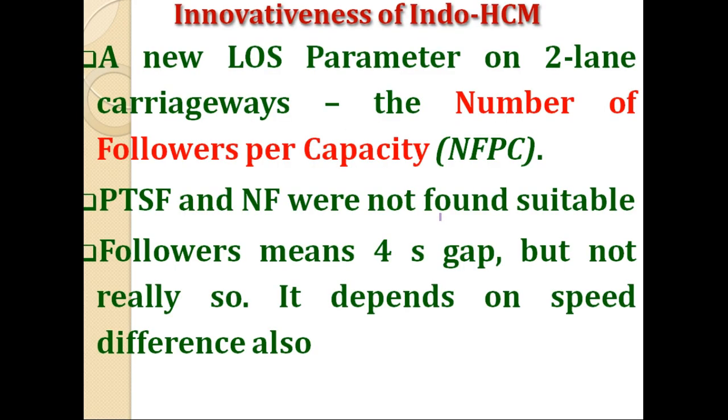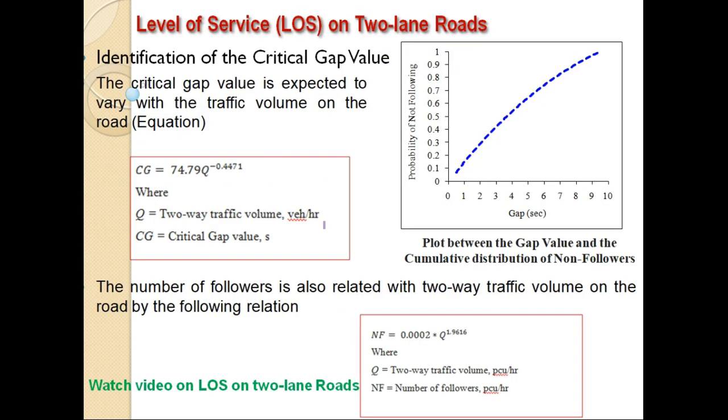Similarly, for two lane roads, a new LOS parameter has been defined in the manual, and that is number of followers per capacity, NFPC. Because the parameters which are used in literature, particularly in the highway capacity manual of US, were not found suitable for mixed traffic conditions, and this I have explained in detail in my another video, which is